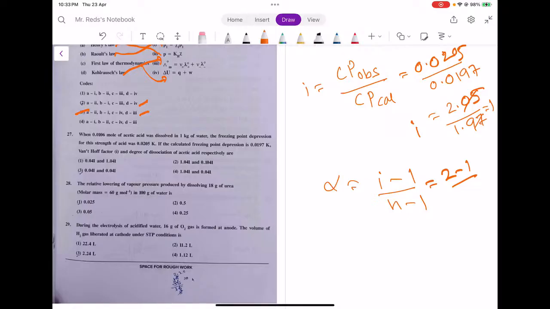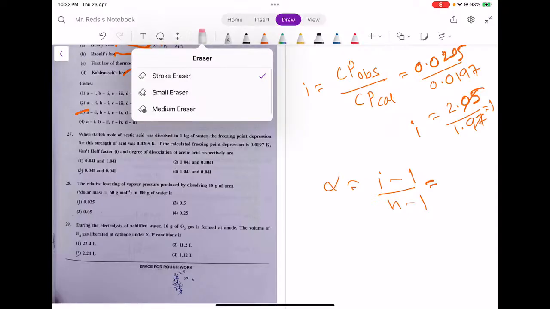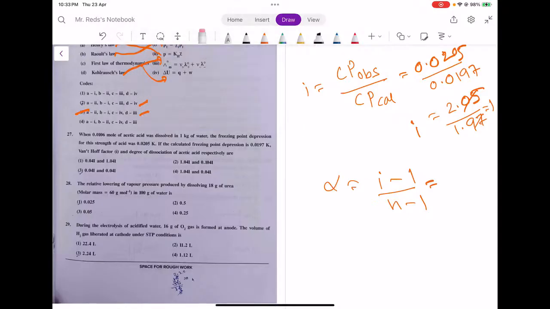I is equal to now 1.01. Otherwise I am writing separately: 1.041 minus 1 by